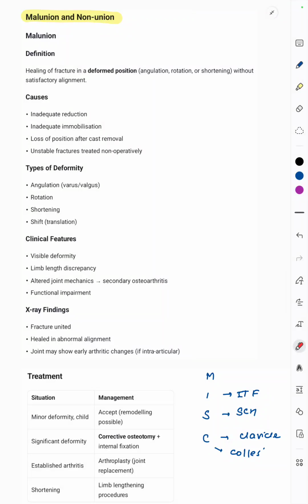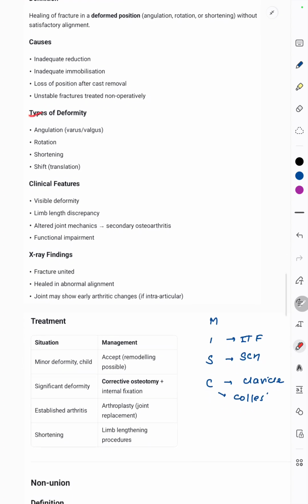Malunion and the non-union. So malunion is the healing of a fracture in a deformed position without satisfactory alignment. Either it can be in angulation, rotation, or shortening. Causes of malunion are inadequate reduction and inadequate immobilization. Then there's a loss of position after cast removal and unstable fractures. The types of deformity: it can lead to angulation, that is varus or valgus deformity, rotations, or shortening of